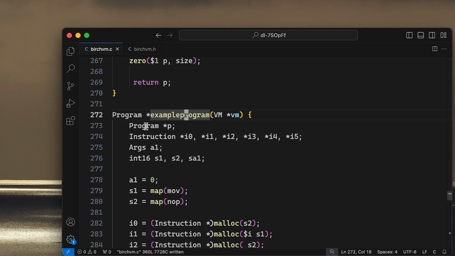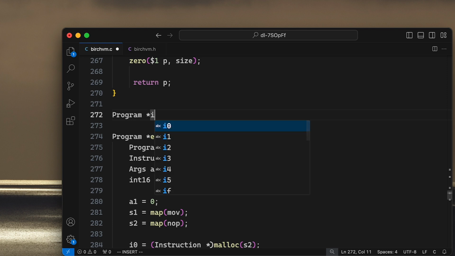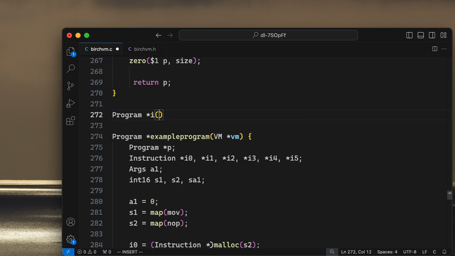Right. And I think we need to allocate it on the heap. Let's see how it goes. So this would be the I function then, which will take an instruction,